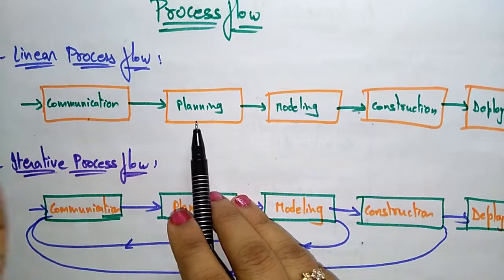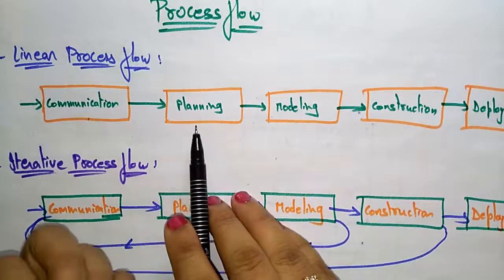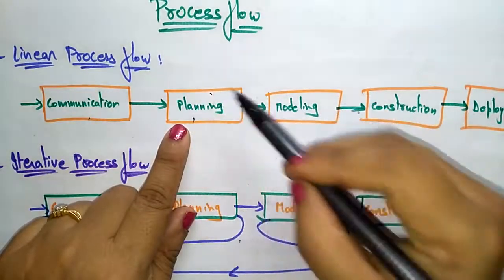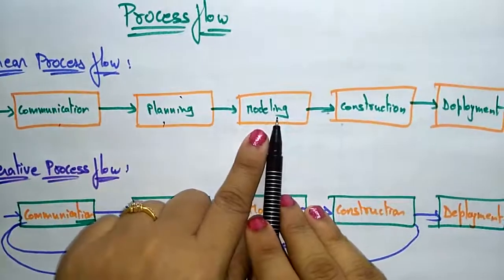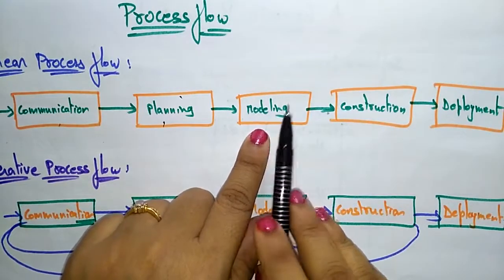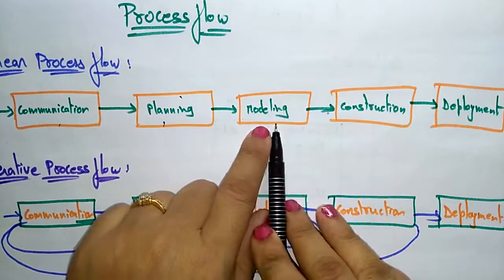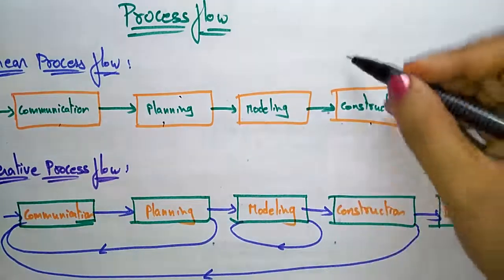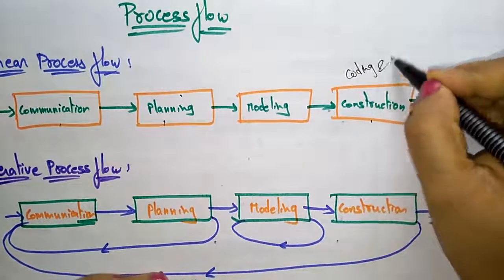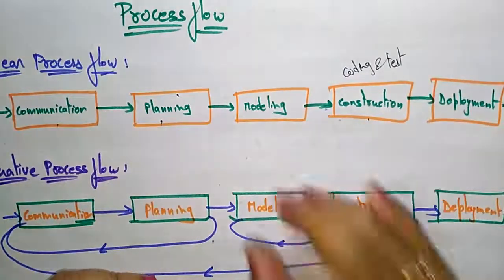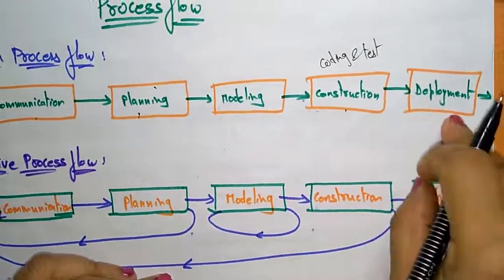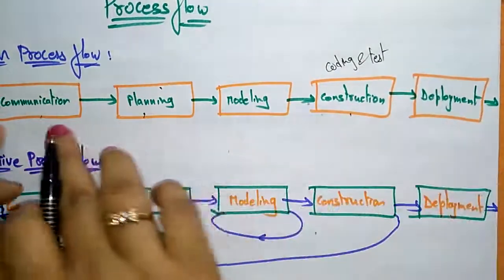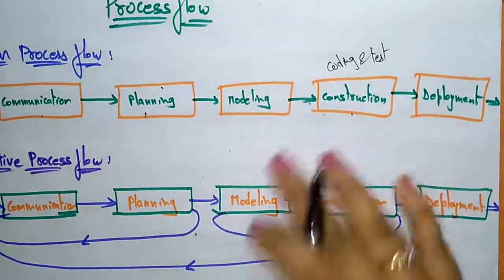The developer has taken all the requirements and specifications from the customer, so then he is going to do the planning. After the completion of planning, they enter into the modeling. They are going to design the planning section. After modeling, by seeing the pictorial representation, the developer is going to construct the product. Means coding and testing is done here. After construction, they have to deliver the project. That is the deployment, or delivering the product. So this is a linear process flow, going in a sequential way. This is one process model.